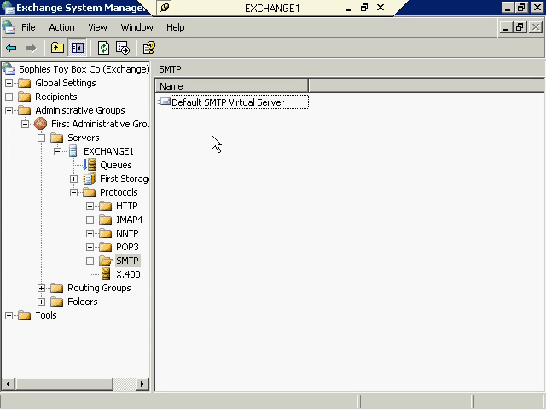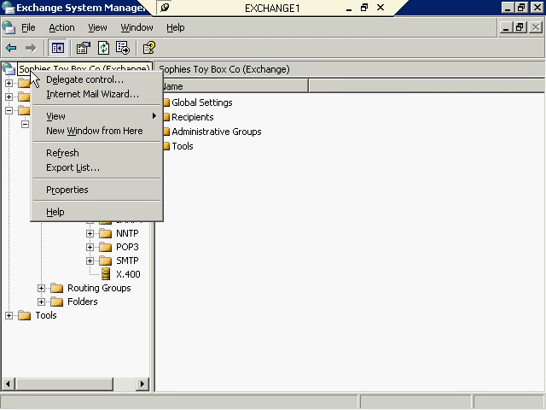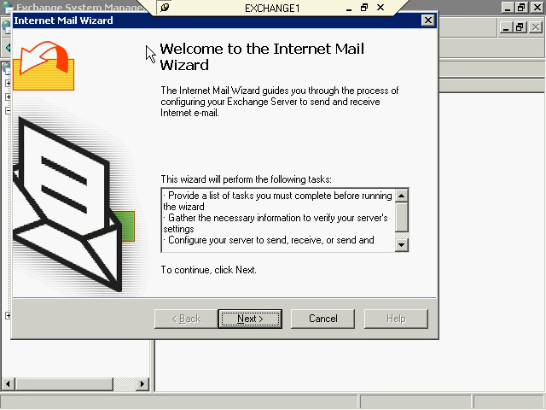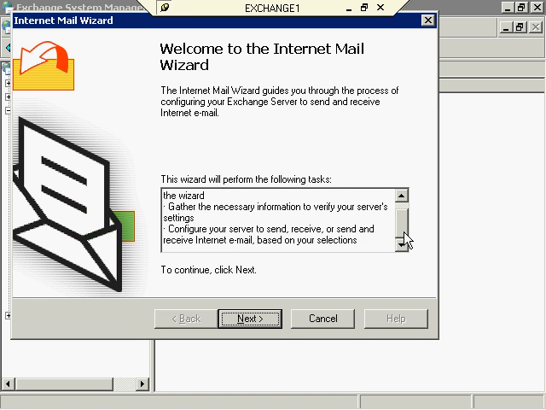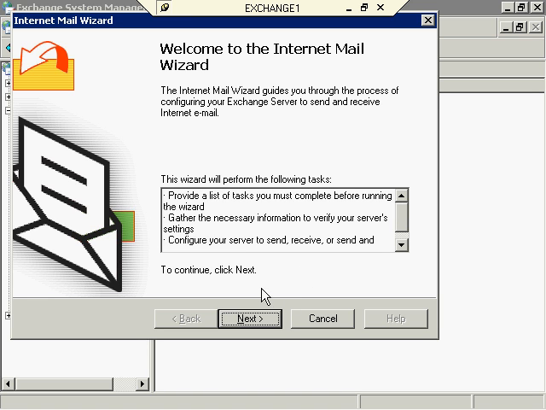That's going to depend upon how you're using it. Okay, the last thing to show you right now is the fact that in Exchange 2003 they have a new feature called Internet Mail Wizard. And you can use this if you're not really sure about those SMTP settings that we went through. This wizard is really designed to walk you through and help you out getting your SMTP server set up correctly